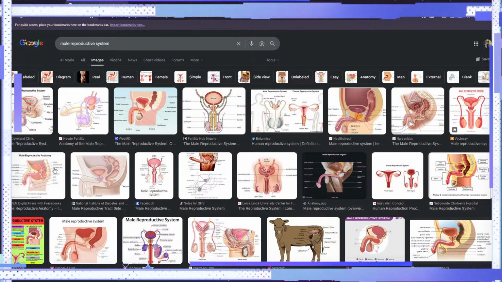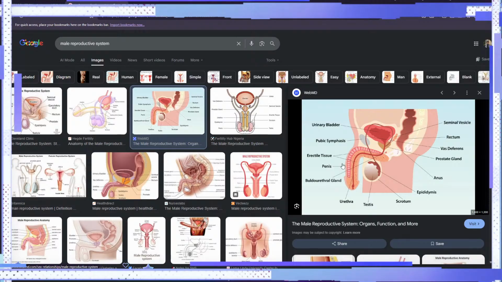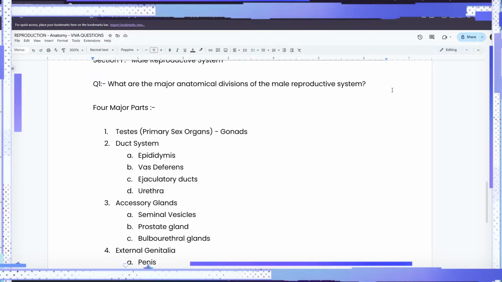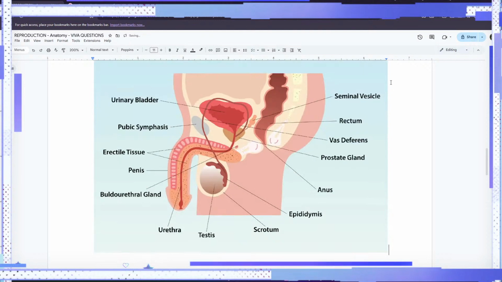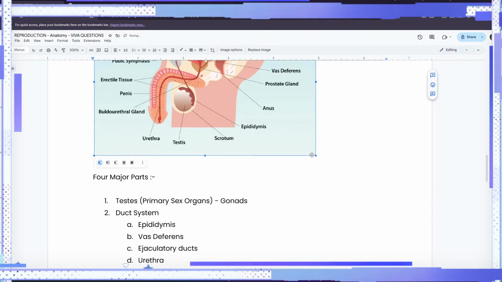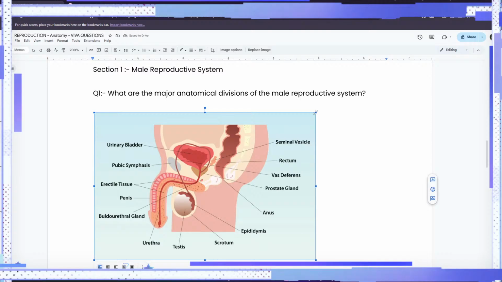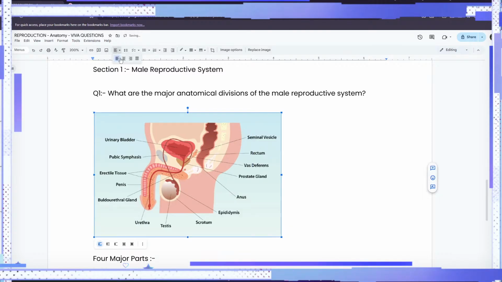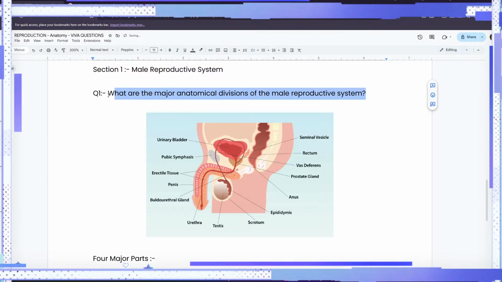Let's see. What's a good picture to add? I mean, there's so many, right? This looks to be the most well-rounded one. Yeah, this has everything. So scroll. Yeah, this is perfect. This has got everything in it. We can just plop it down here. Sort of resize it, I suppose. It's a bit too big. Center align it, and this should be bolded and black.